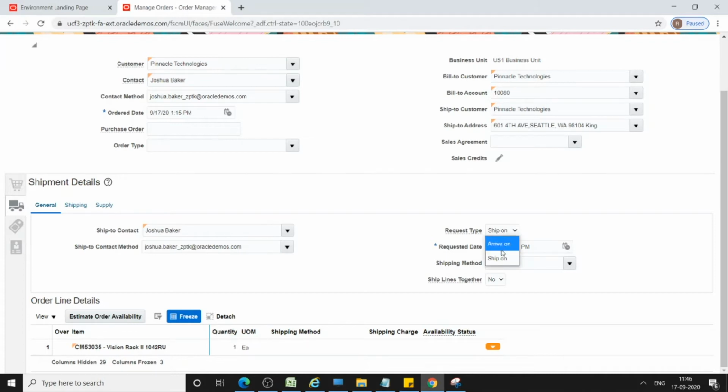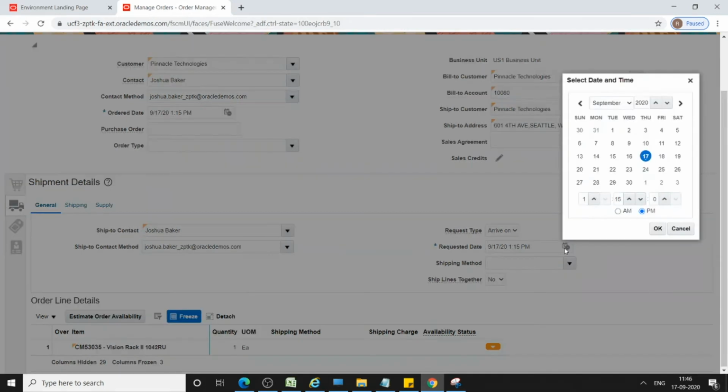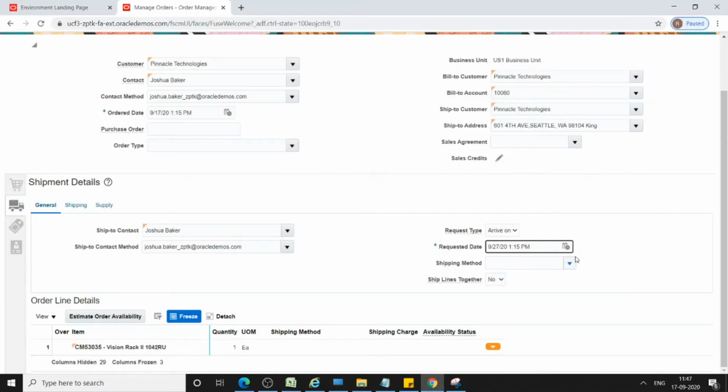Let's say I'll select Arrive. What is request type? Arrive is when the item arrives at the customer. Here we have two options, Arrive and Ship. For the Arrive request date, I'll select some 10 days from today's date. Click on OK.